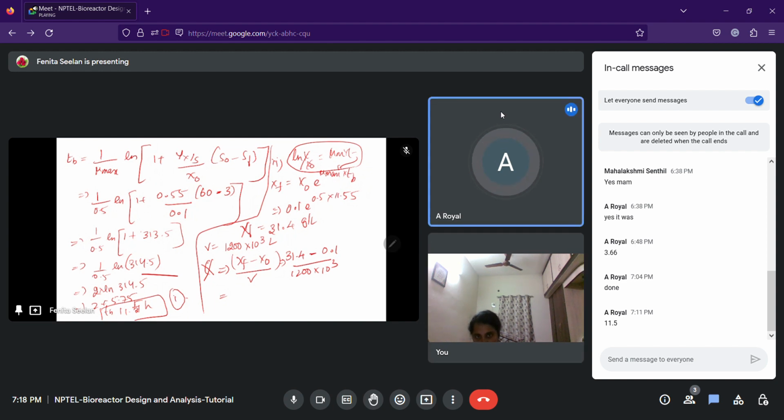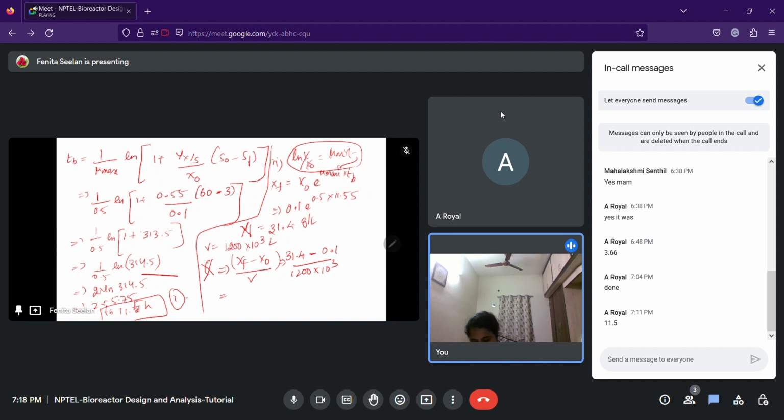Ma'am, should we not multiply by the volume? Yes sir, I got confused. I confused it actually. We have to multiply it by volume into V. So if we do that, it will come around